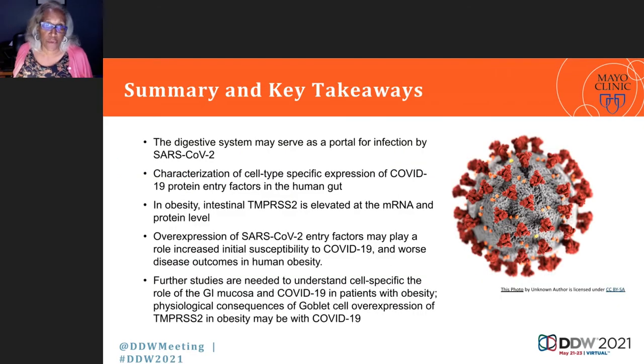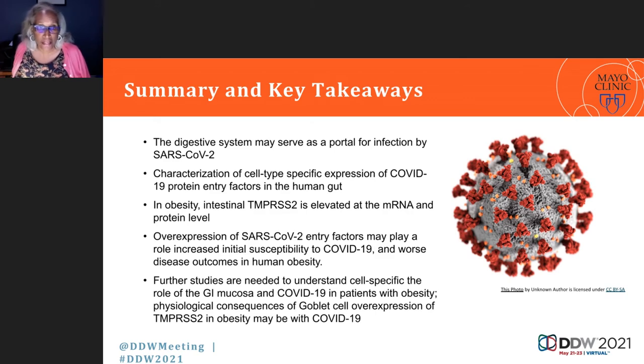So key summary points are that the digestive system may serve as a portal for infection by SARS-CoV-2. Characterization of cell type specific expression of COVID-19 protein entry factors in the human gut. In obesity, intestinal TMPRSS2 is elevated at the mRNA and protein level. Overexpression of SARS-CoV-2 entry factors may play a role in increased initial susceptibility to COVID-19 and worse disease outcomes in